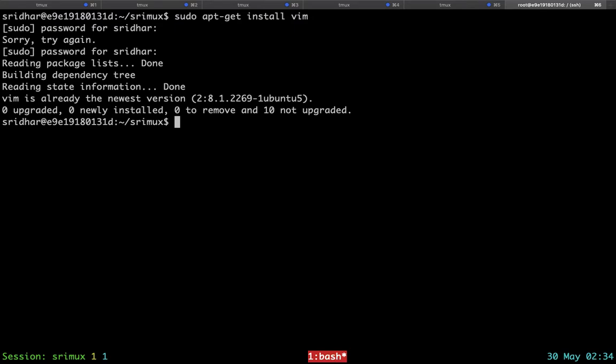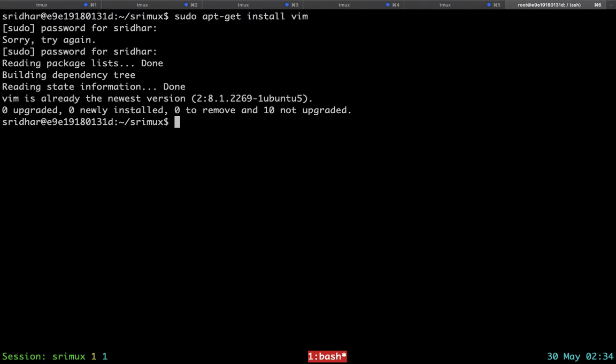So most systems have Vim installed by default, but in Srimux, your Vim skills will be put to the ultimate test. As someone rightly said, Vim is a programming language to edit text. So do brush up on your Vim navigation, macros, tabs, and Vim modes.